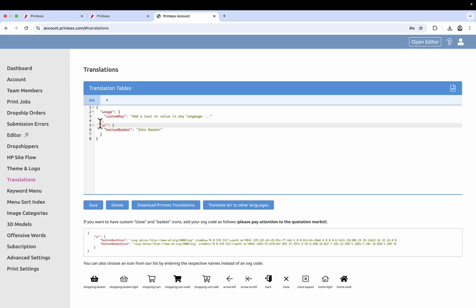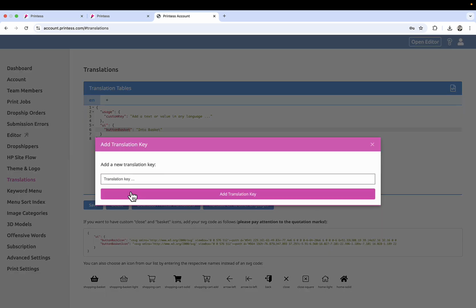And this could be done for any language, but the namespace and the key is in English, so you always have to search in the English version first to do your changes in English, because then you got the big advantage that we do have a button here, translate English to other languages. And if I would have now German, French, Italian, and so on and so forth edited here, which we may do for a second. So let's say I would like to have Italian as well, and I add